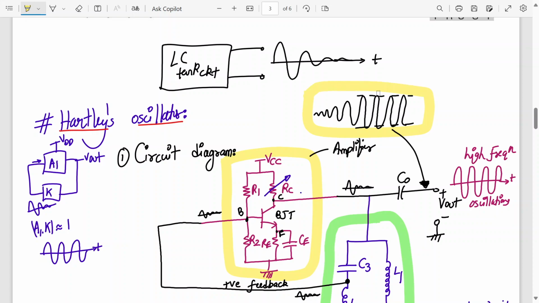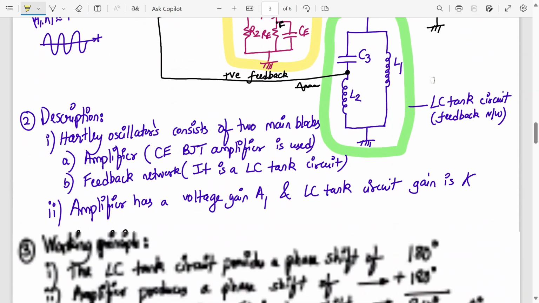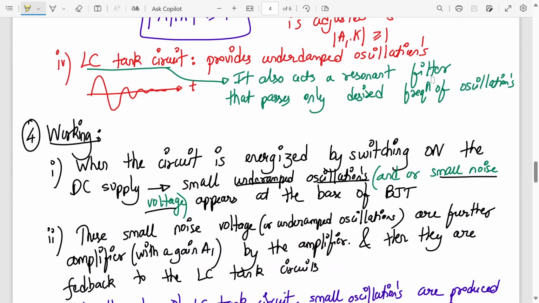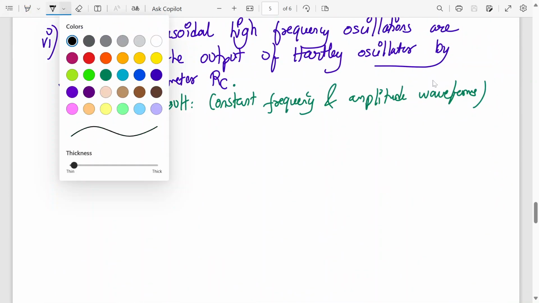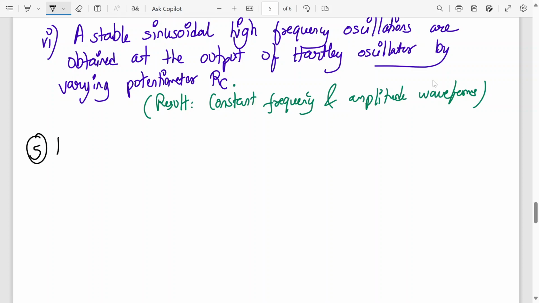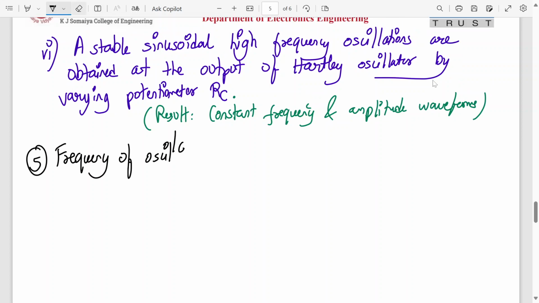So this is the output of the Hartley oscillator: high frequency sustained oscillations. Now next is the frequency formula. Keep on writing. Point number 5, frequency of oscillation. As I have already informed you all before, the frequency of oscillations will be given by,